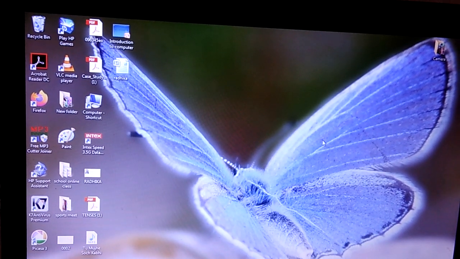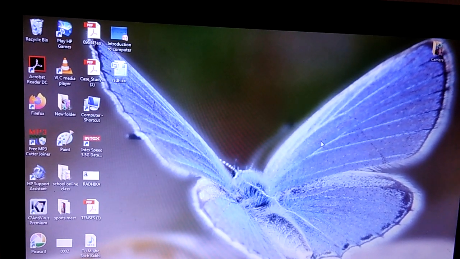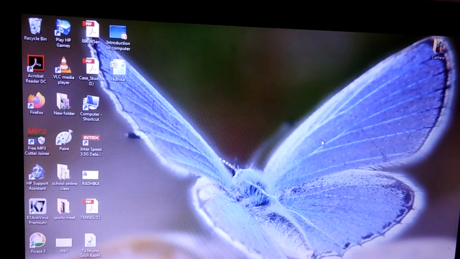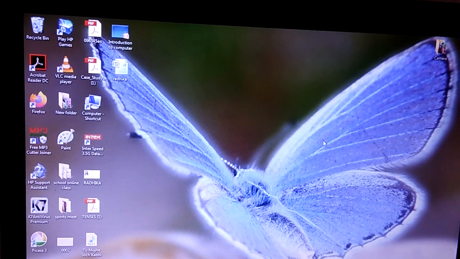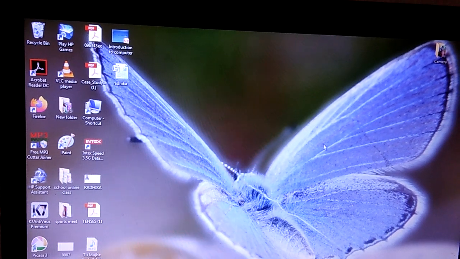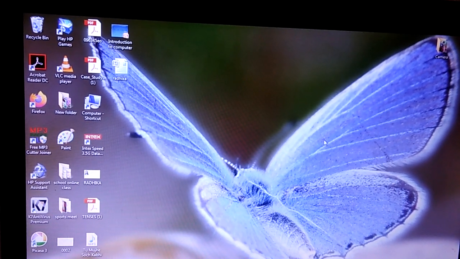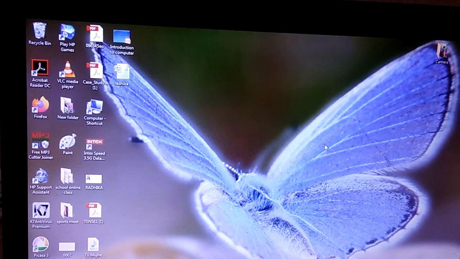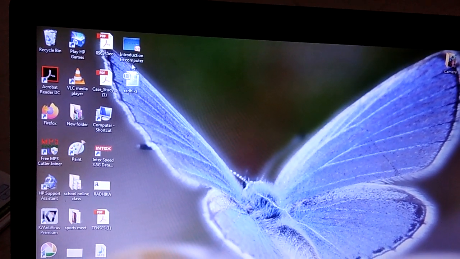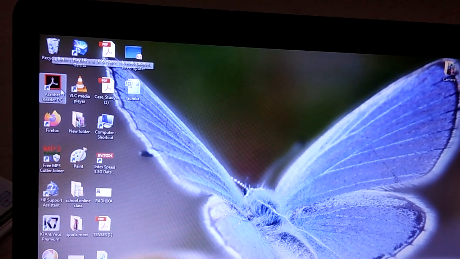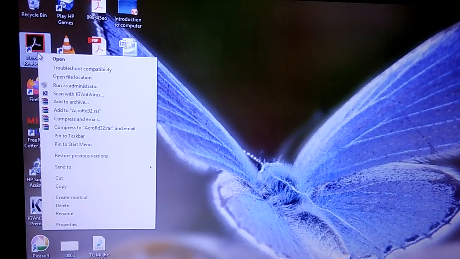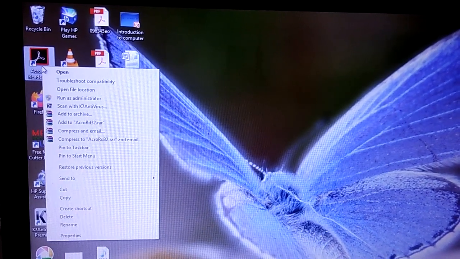So the next topic is types of shortcut menu commands. The commands on a shortcut menu will be different depending on the object you select. For example, if you right click on the computer icon, recycle bin, window, desktop, folder, selected text, taskbar, etc., the shortcut menu will display the commands related to them as shown here. The first is the shortcut menu on the computer icon. This is the computer icon. Right click on it. This is the shortcut menu on the computer icon.